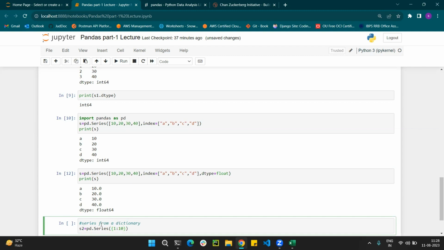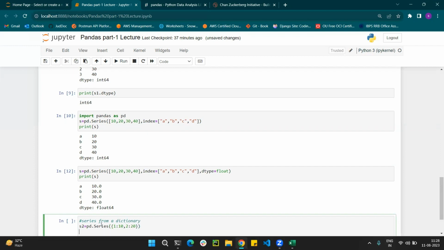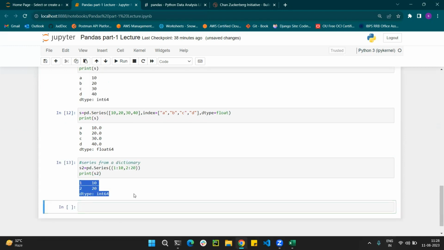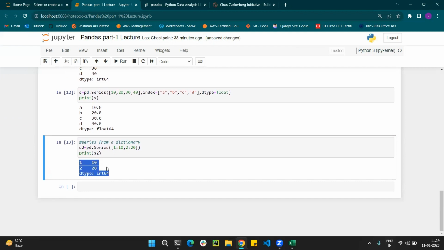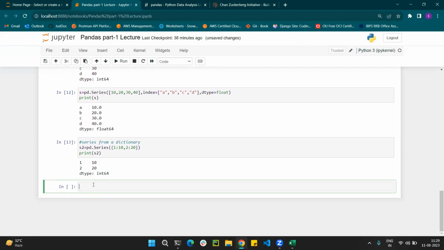In a dictionary there is key and value format, so here I give key one with value 10 and key two with value, let's say, 20. Print s2, and it comes out over there. So you can import the data from a dictionary, a list, or an array, and execute it as key-value pairs. That is the thing.